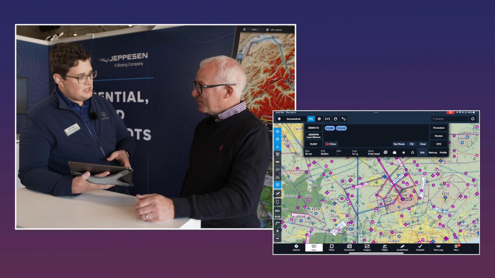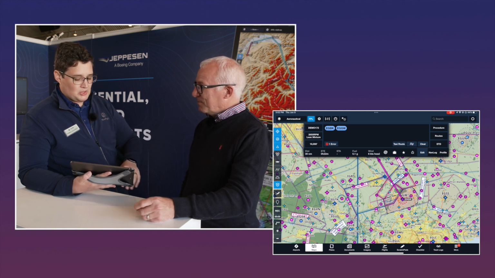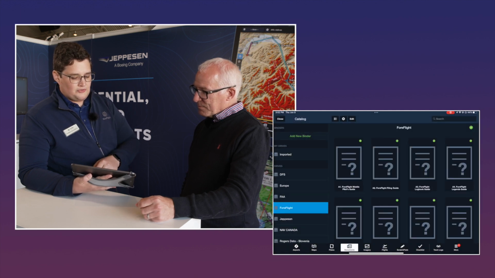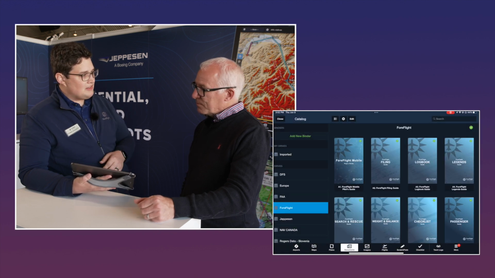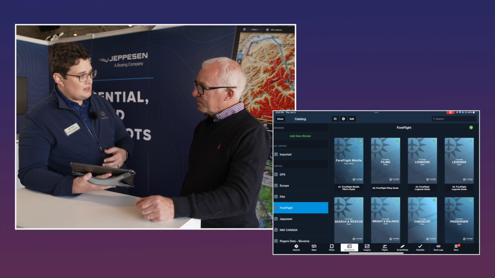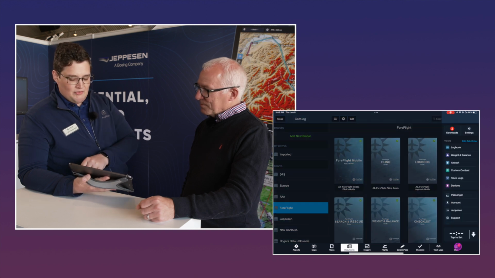Yeah, so we actually have a lot of stuff built into the app directly. If we go over to the Documents tab, under ForeFlight, we actually have the pilot's guide, the POH of the app, built directly into the Documents tab. So if you ever need to look anything up, it's easy to find it there, but it's a big document, and if you don't want to go through and read all of that,